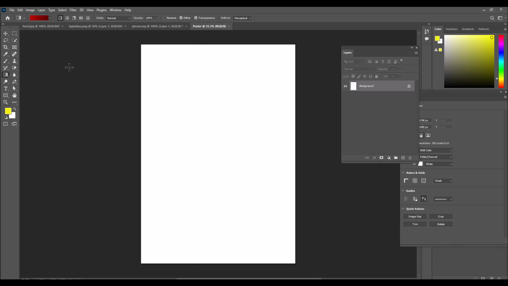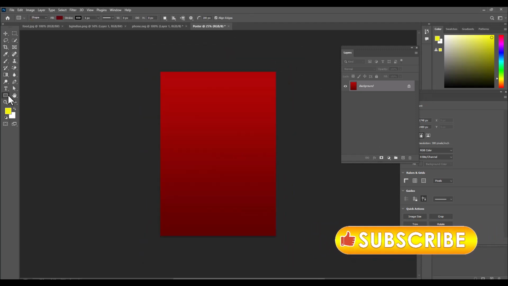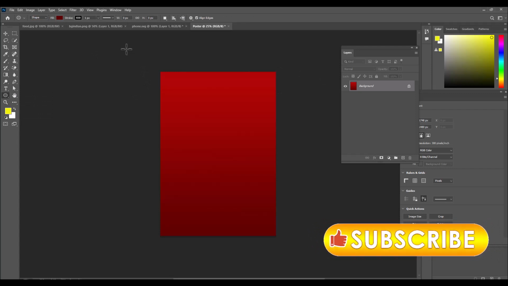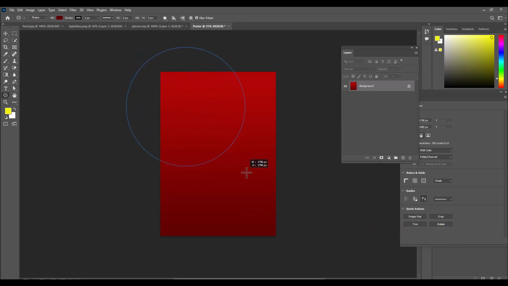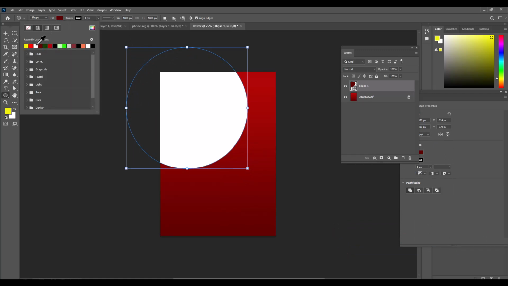So first thing what we'll do is we will just apply a gradient and we'll create a colorful background. So here the gradient tool is active, and let's just create a gradient. Right, so here we have a reddish gradient. Right, then the next thing is we will just select an ellipse. We'll create an ellipse, something like this. We can give it a different color,